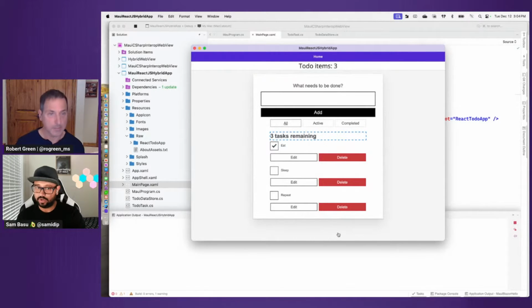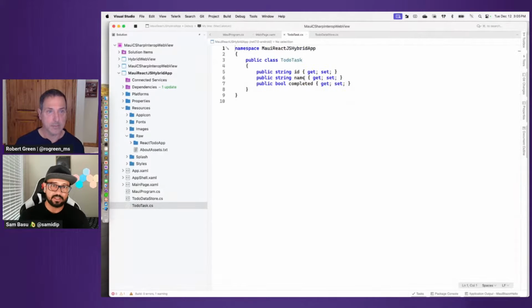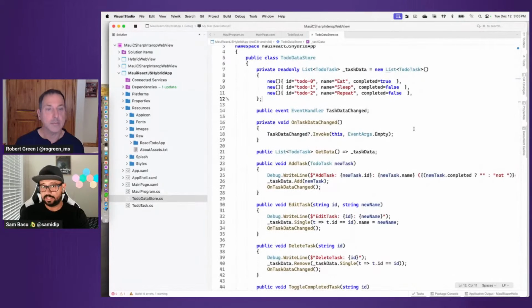So all of those things work, and this is maybe a very classic use case for a lot of .NET enterprises who have done React or Angular, but their data is still .NET, and that's what this is mimicking here. So if you look at the to-do task, that is a .cs, that is a task that is maintained in my C#. And here's the to-do data source. So when we are adding or removing things, we are doing things here in my .NET code. Just the front end happens to be React, right? And all of that is now welcome because .NET MAUI doesn't care what web UI you want to bring in.